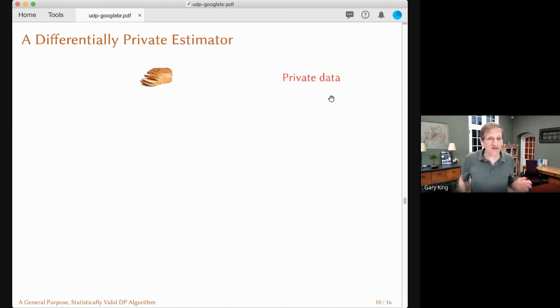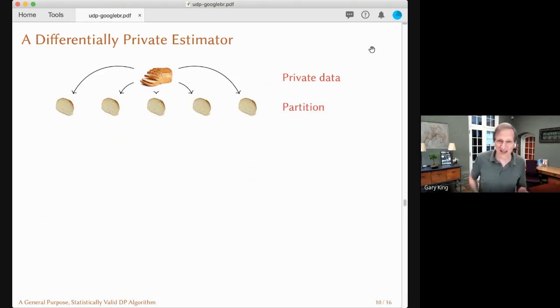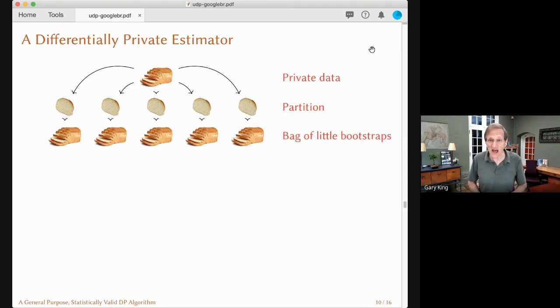So a differentially private estimator: first I'm going to give you an analogy, then I'm going to give you the actual results. So you have a data set, we partition it up into slices, okay? We're going to imagine running a separate analysis in each slice. Computationally, that can be very efficient. We're going to use the bag of little bootstraps as an option. It's not necessary, but the reason for it is it scales up the smaller partition data set into the whole